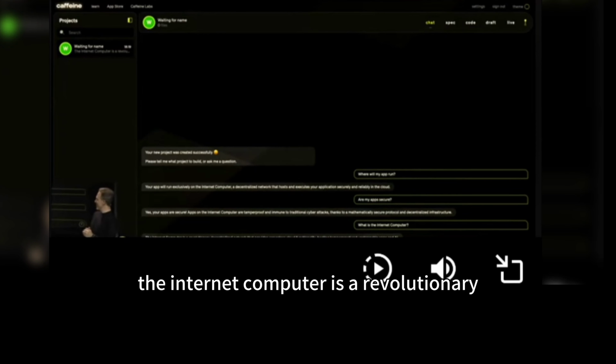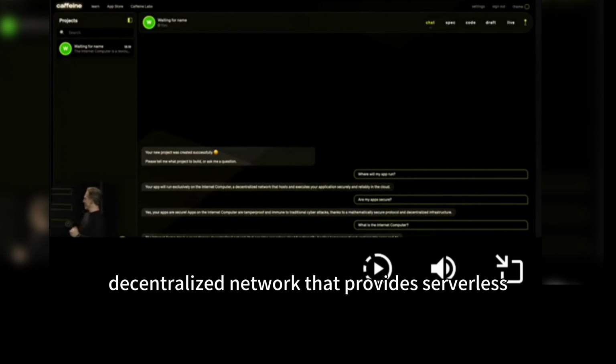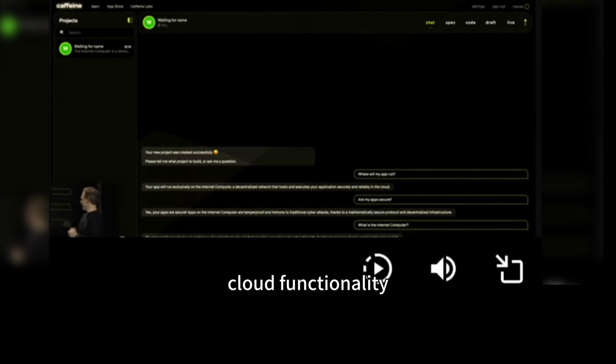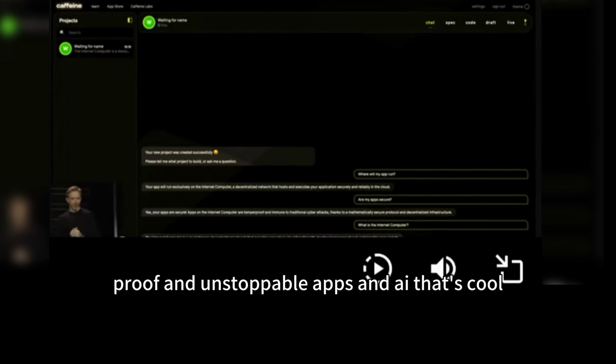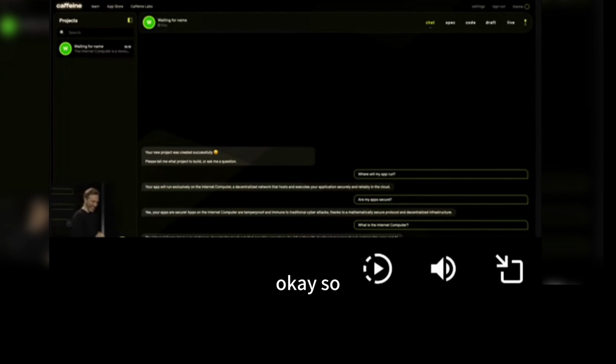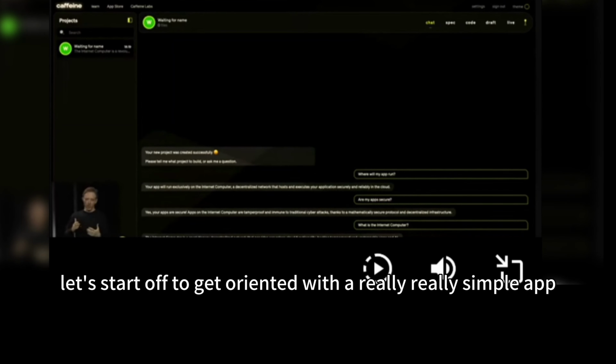The Internet Computer is a revolutionary decentralized network that provides serverless cloud functionality, hosting tamper-proof and unstoppable apps and AI. That's cool.